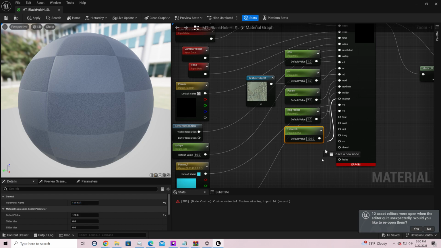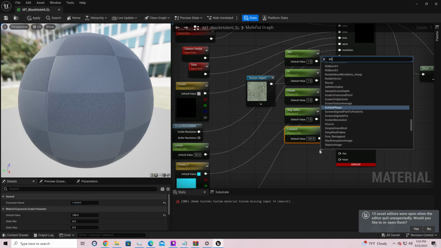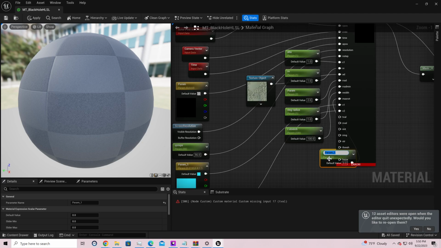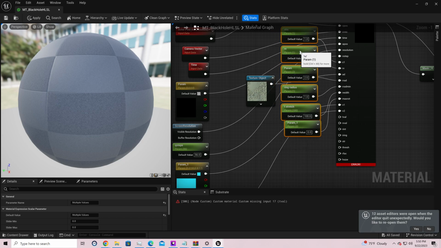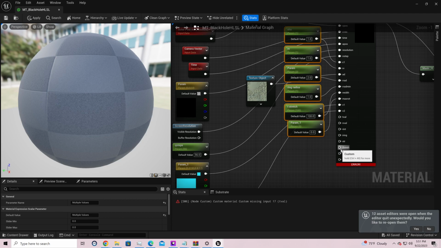Now the max root, if you play around with this particular setting, it will make your creation disk start creating duplicates of itself around itself. So it's quite an interesting effect if you want to play around with that, but I will leave that one to you guys. In the meantime, I am just going to call it as it is, and if we want to use it, we can use it. These V1 and V2 are colors for the black hole,